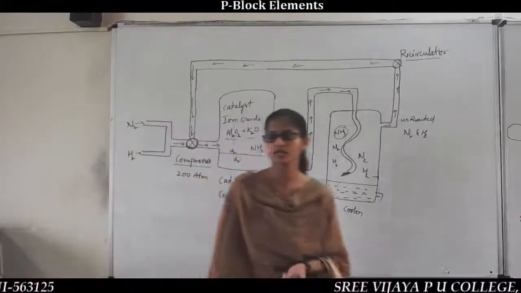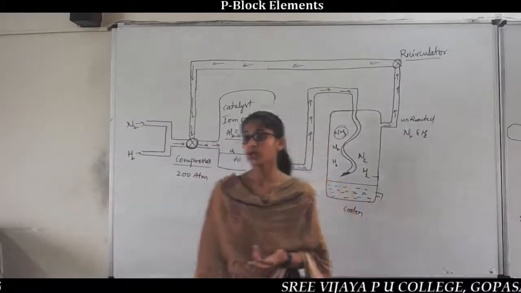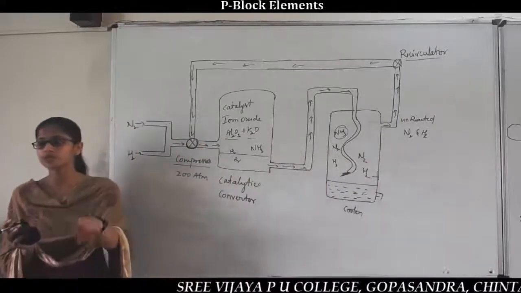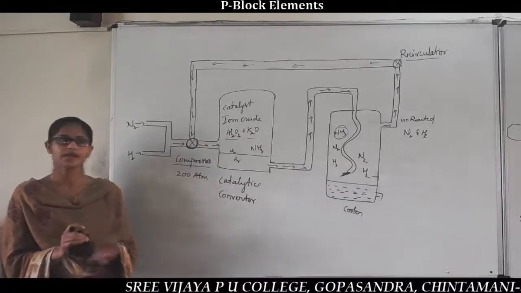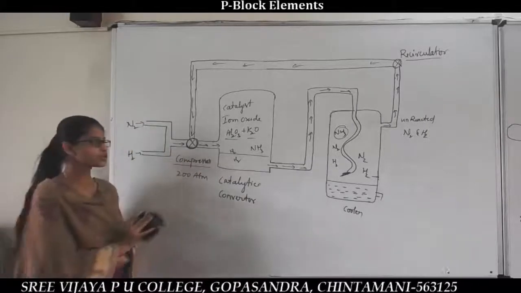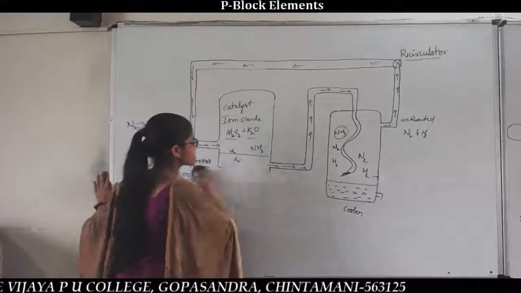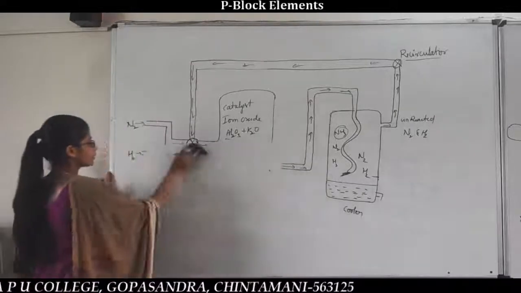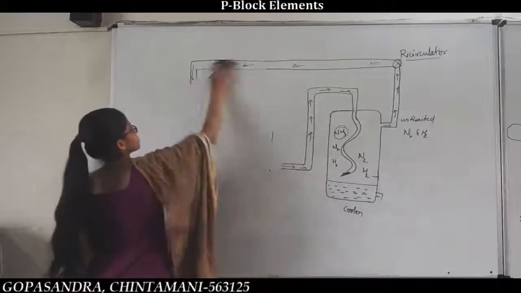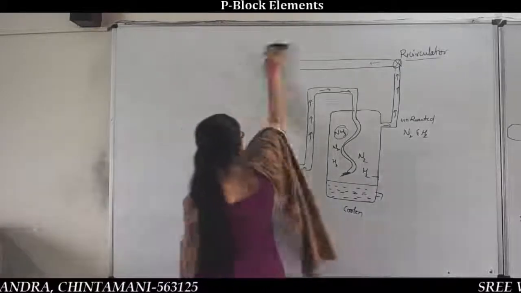Ammonia is basic in nature because it gives OH minus ions when it reacts with chemical substances present in water. For example, hydroxide formation happens when it reacts with water. So usually now we take one of the best examples for the chemical property of ammonia, the basic nature. The next thing is the chemical properties of ammonia molecule.